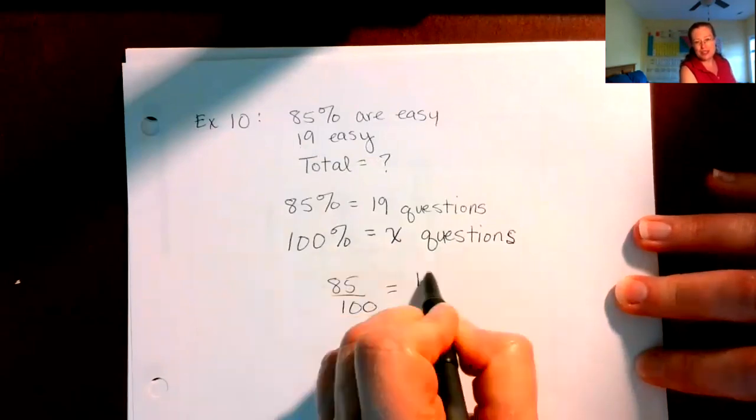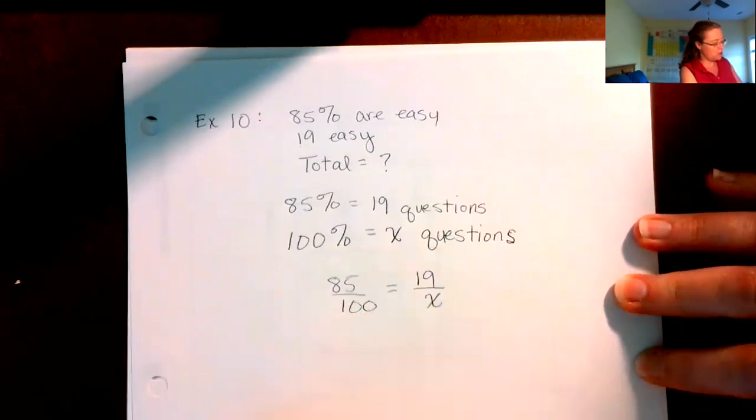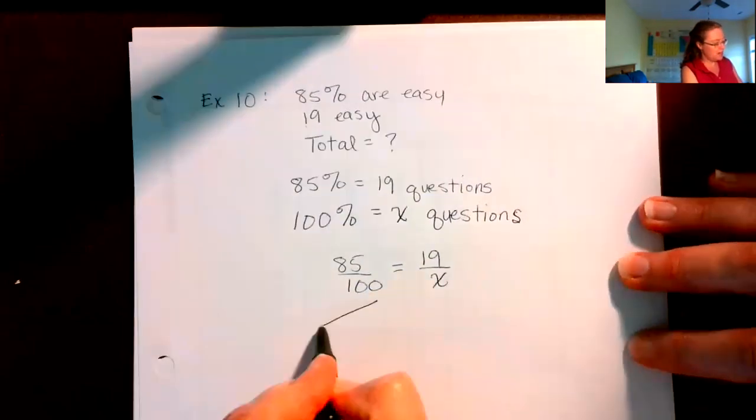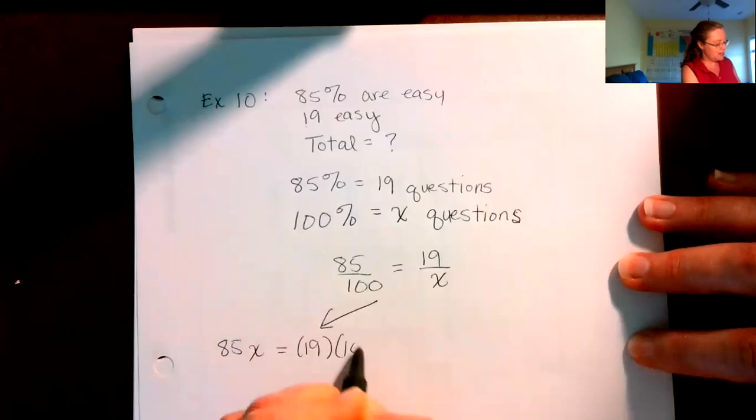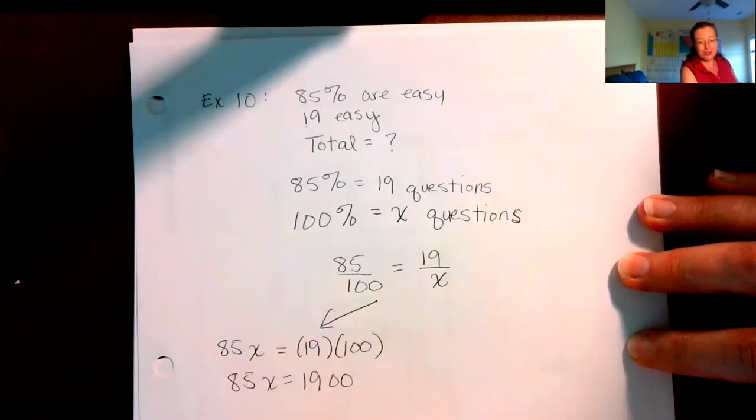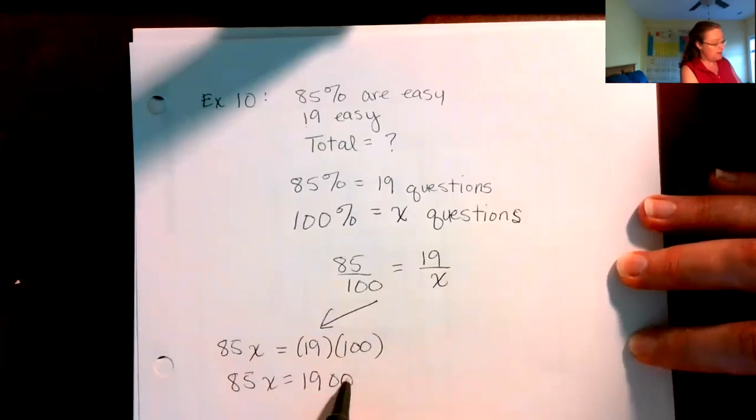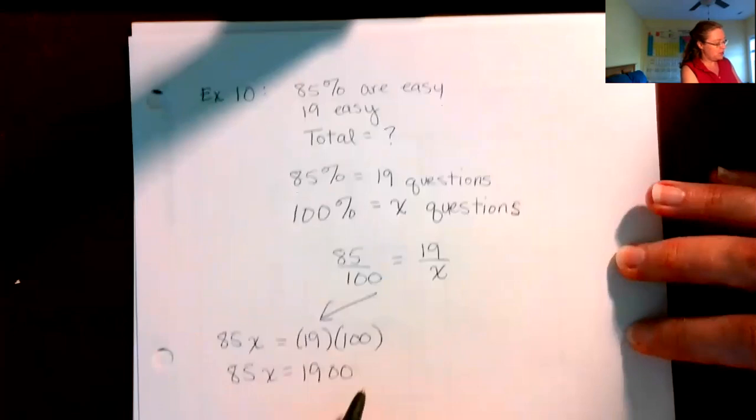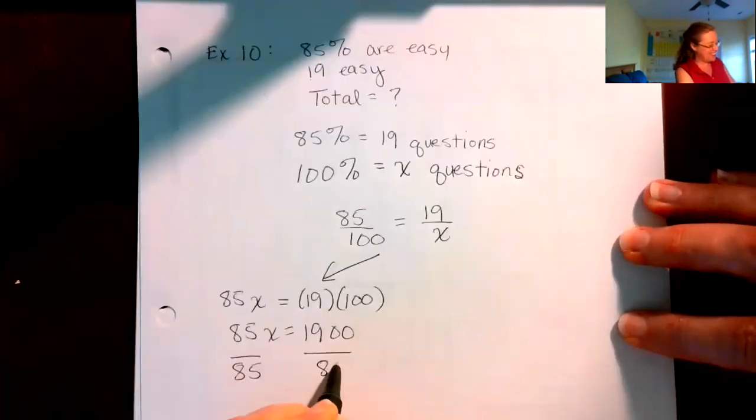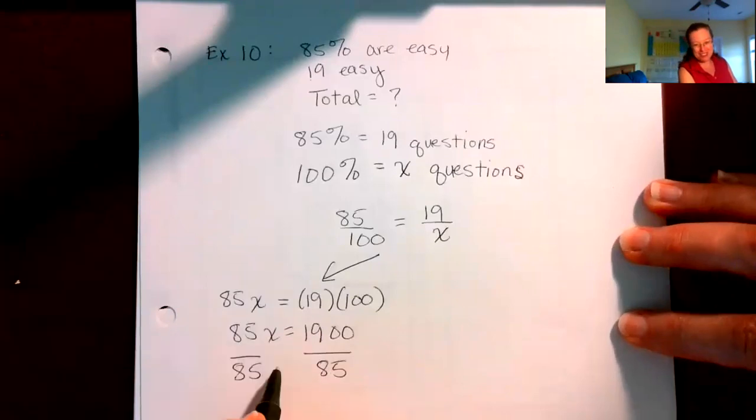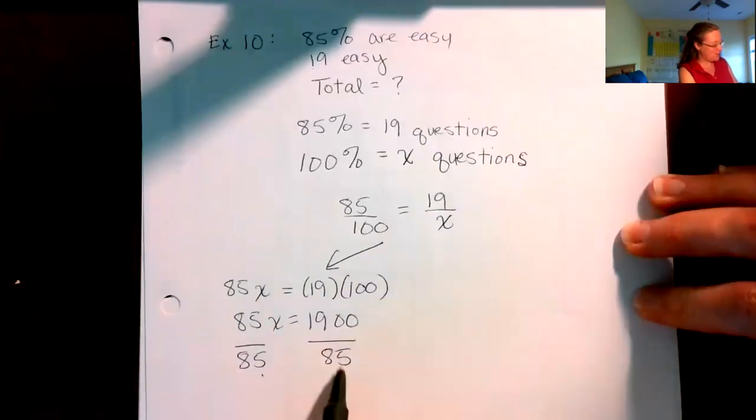I'm going to show you two ways to solve this. We've already talked about doing cross multiplication. 85 times X is going to equal 19 times 100, which just makes it a 19 with 2 zeros after it because the number 100 has 2 zeros in it. Then if I divide both sides by the coefficient, he's sneaking out the basement door and coming in over on this side, trying to get away from the X. We are left with